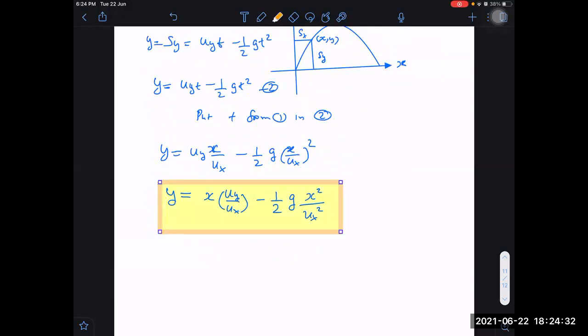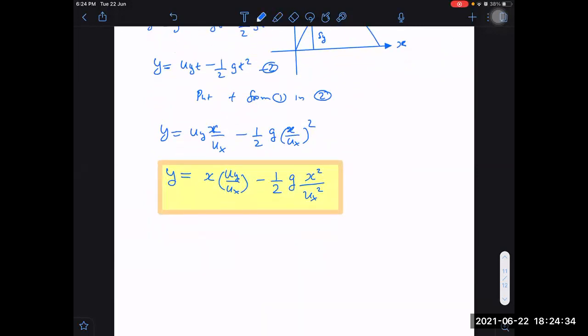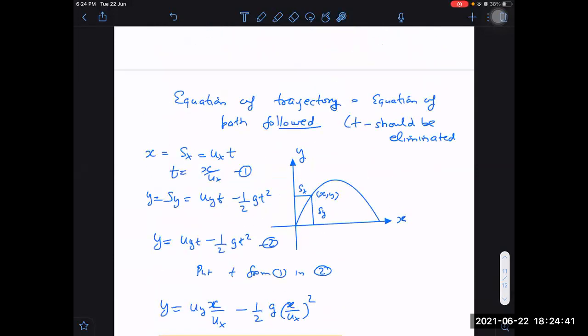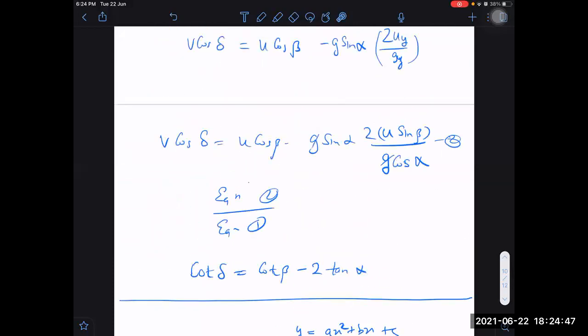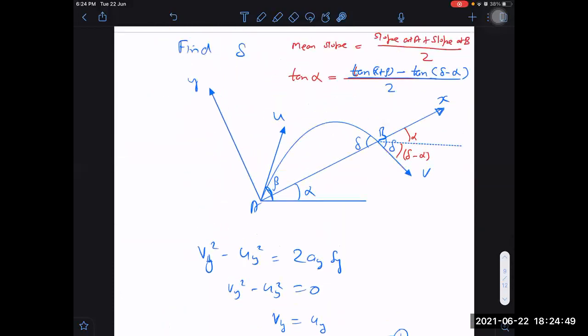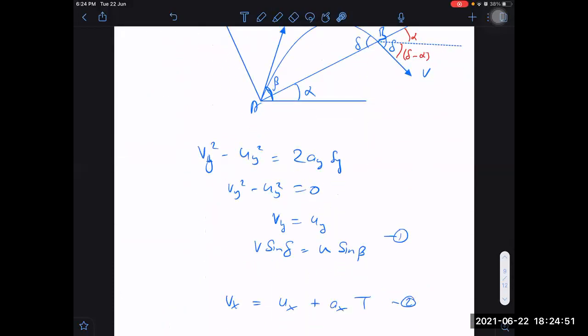Sir, for inclined projection also will this not be valid now? No, for inclined projection, it will be different. It will be valid only if, in case of inclined projection, I take x as the horizontal axis and y as the vertical axis, then this will be valid, obviously. But if my axes are different, the acceleration is different along the x-axis. But I am saying if I take inclined projectile also, but I take the x-axis as this and y as this, then why do I care?